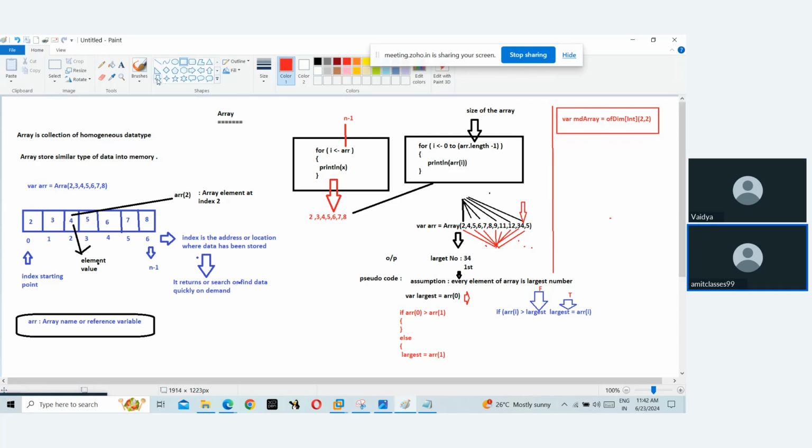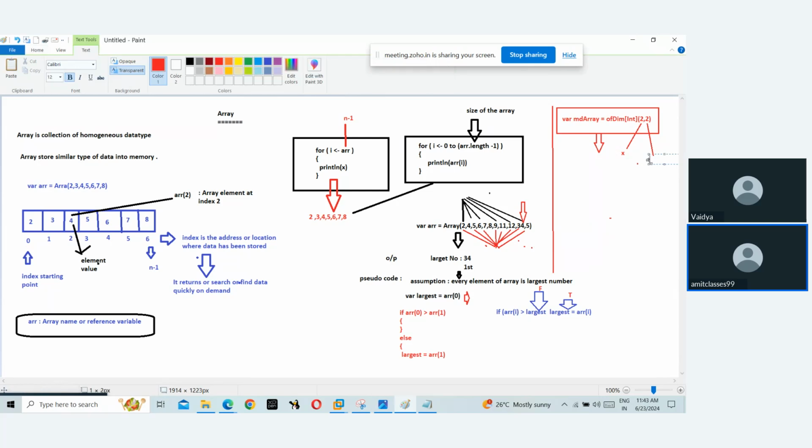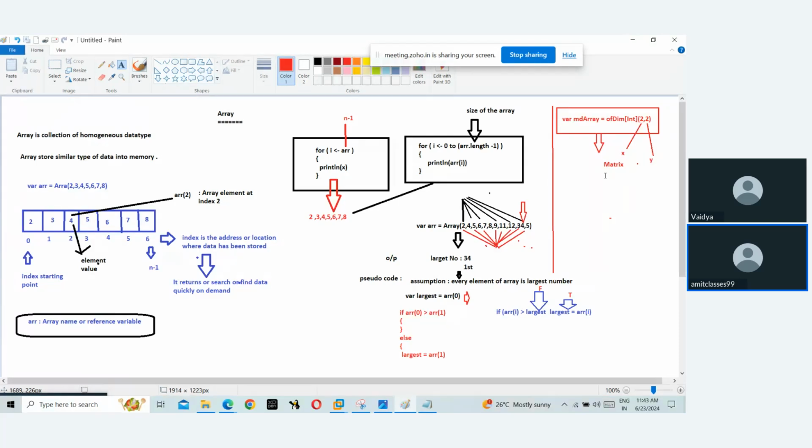Now whenever we are declaring a multi-dimensional array, we have to follow the same pattern. One is X and one is Y, 2 dimensions, a matrix. So one becomes X and one becomes Y. What is a matrix? It is a combination of X and Y, a two-dimensional matrix. So in this case, we always use two loops, I and J, X and Y,